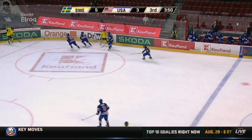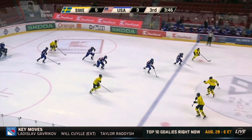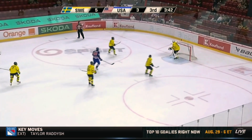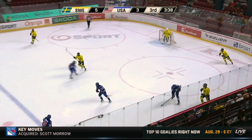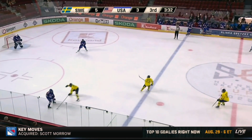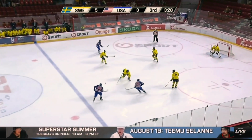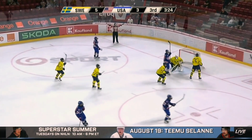Kanan Smith throws it around the kick plate. Hermanson tries to center, couldn't get it through for Holmertz. And it's played down the ace by Joseph Salandra. USA on the attack. Almost broken up by Holmertz. Here is the shot. That one hit